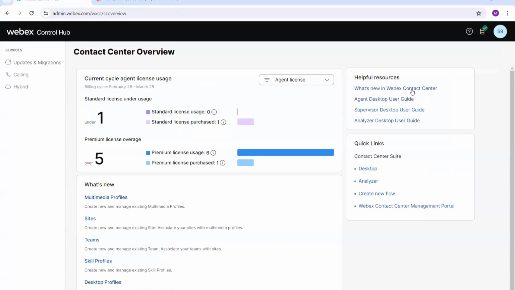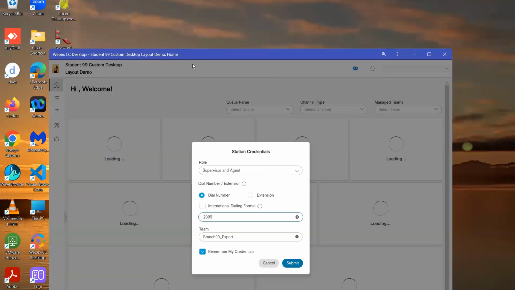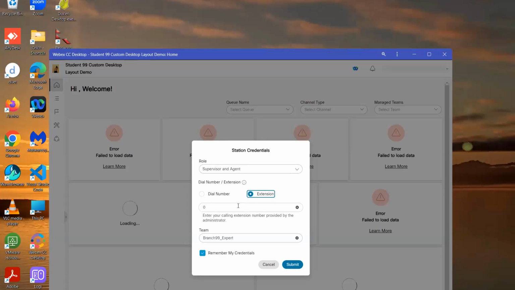Back in the control hub, you've actually got a shortcut here to go to the desktop from a quick links perspective. So it doesn't matter too much which one of those you use. But here I'm trying to log into the agent desktop as my supervisor and agent persona. Of course, I'm using an extension from Webex Calling that's going to be used. It doesn't really matter what I put in here because I won't be getting actual real calls, 2099. And again, I've got to pick the team I want to test my work. Hopefully, if I click submit here,